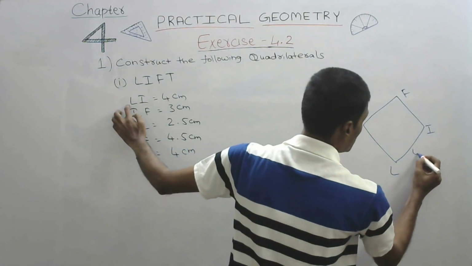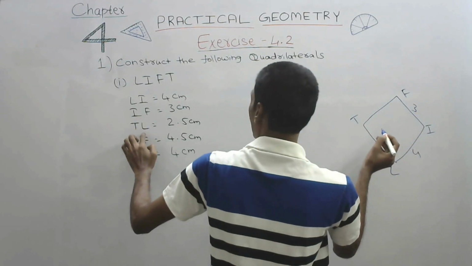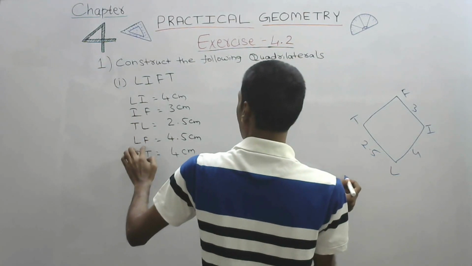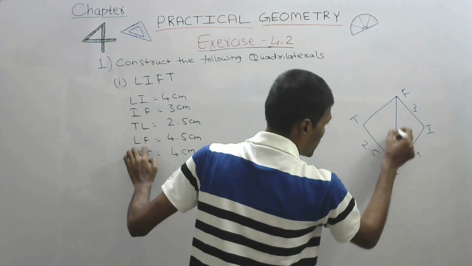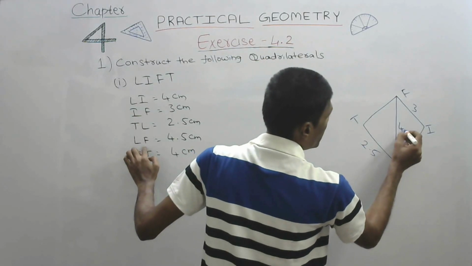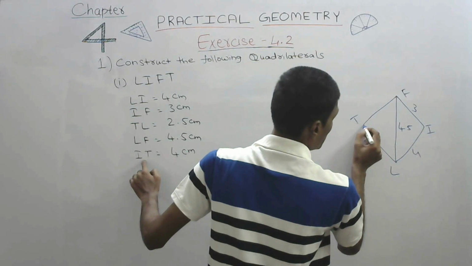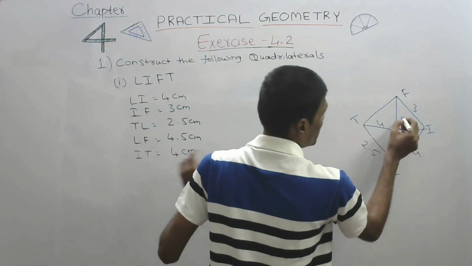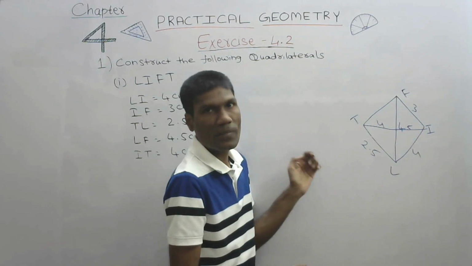LI equal to 4 centimeters, IF equal to 3 centimeters, TL equal to 2.5 centimeters, LF equal to 4.5. LF, this diagonal is 4.5, and IT equal to 4 centimeters. This diagonal is 4 centimeters. This is 4.5, this is 4. Now,